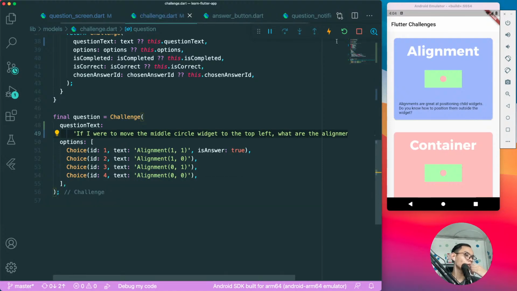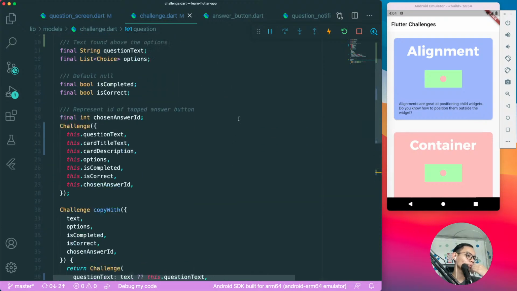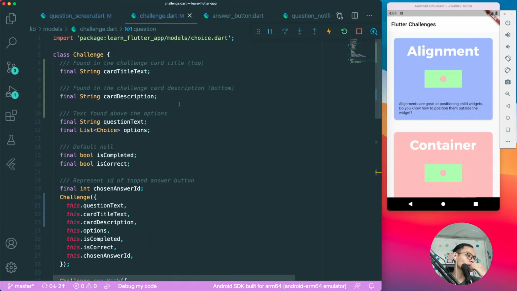Okay, great. So now it makes more sense to have different card title text, card description, question text,